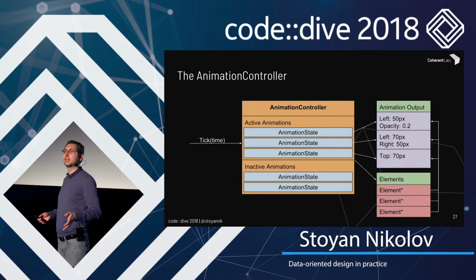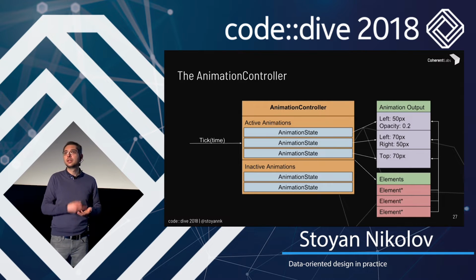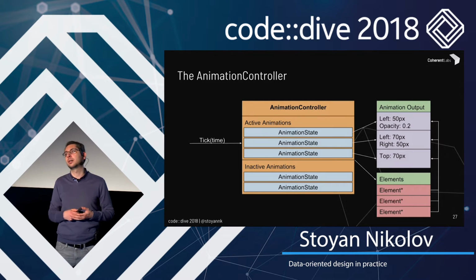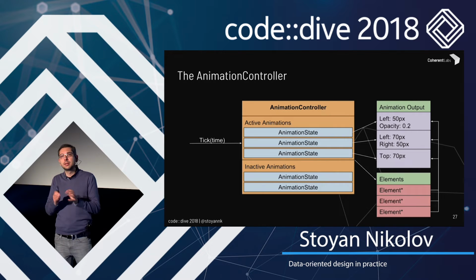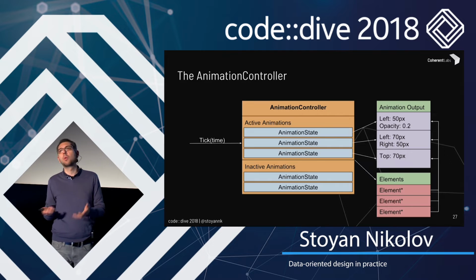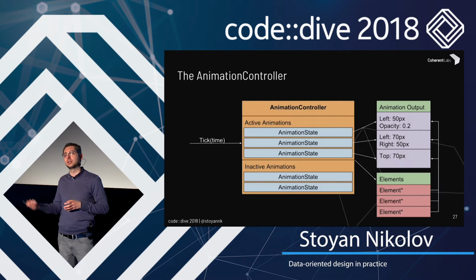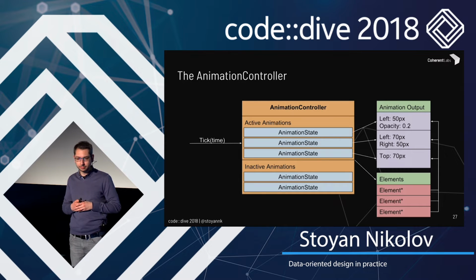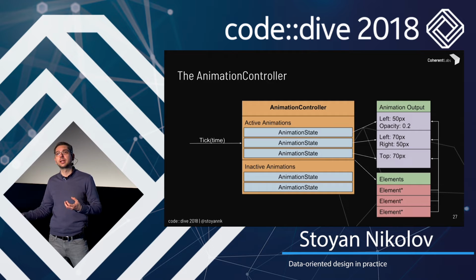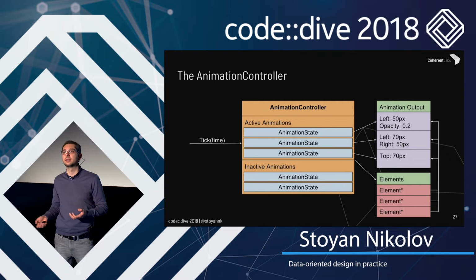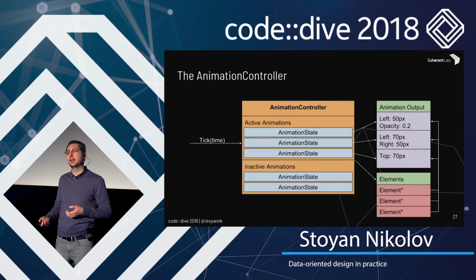So a bunch of properties that have changed, their new values, and a bunch of pointers that know the values that they will have to use. And here, the elements are just dumb pointers. The animation system does not know what this element is. It does not care. So there is no coupling with the other styling system. And down the line, the other systems in our pipeline, our styling or our event notification system, can just take this output data, inspect it, and decide what to do with it.